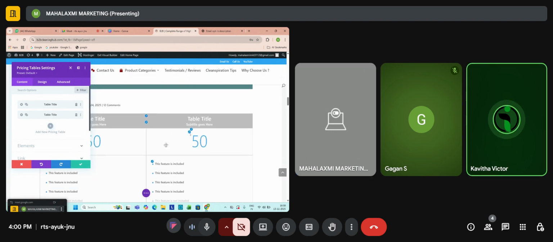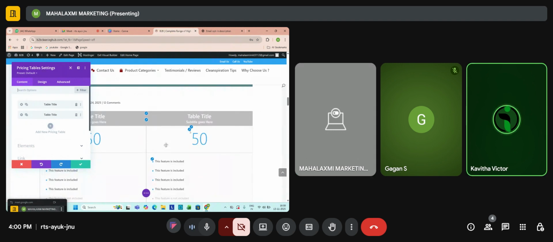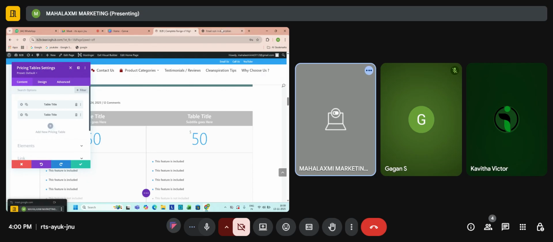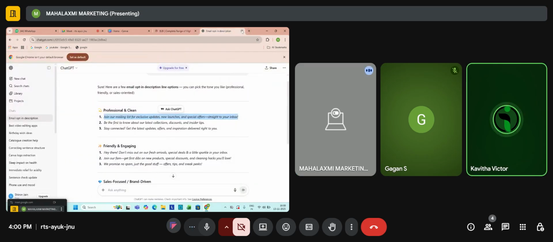Have you ever seen this? You would have seen this on Hostinger. In that we saw the single hosting. What is the price of single hosting? Correct. Can you open that Hostinger so that it will be easy for me to explain?